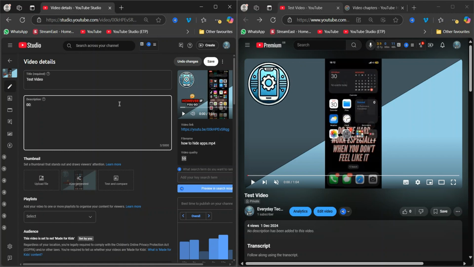00 semicolons, then 00 again, and then just type in intro. Then you need to create at least 3 timestamps, right? And then each timestamp cannot be any smaller than 10 seconds. So I'm going to create a timestamp at 20 seconds